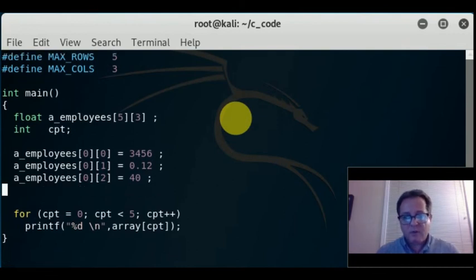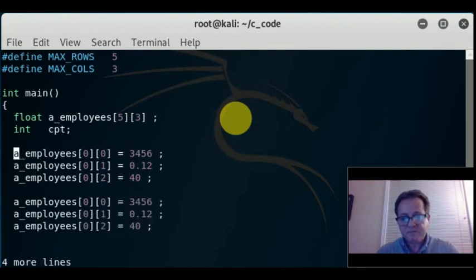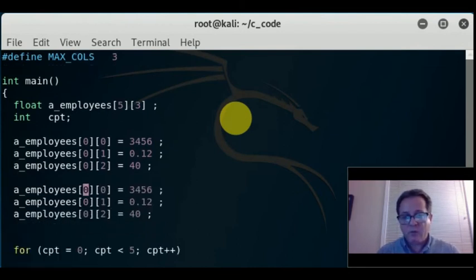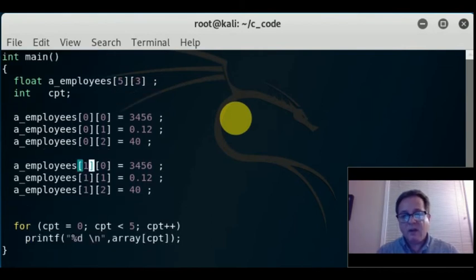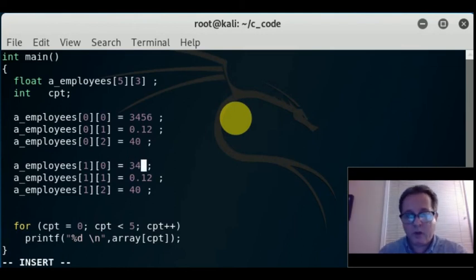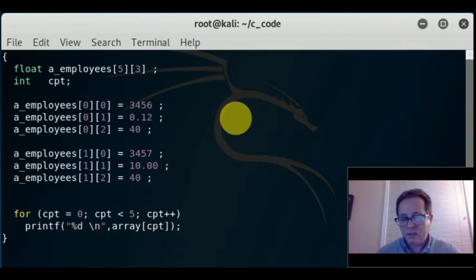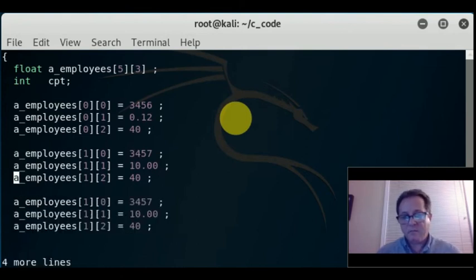I will define my second employee. My second employee will be row number 1. The employee number will be 3457. He has a paycheck of $10 per hour. He is also working 40 hours a week. My third employee,